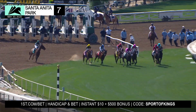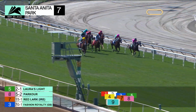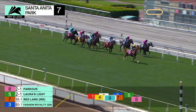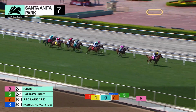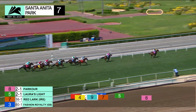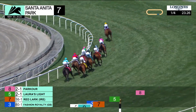So I'm going to pass on Cece in here, and I'm similarly going to pass on the number 6 horse, Laura's Light, but I'm passing on her for a different reason. Laura's Light was a very good horse in the early part of her 3-year-old campaign up until the Del Mar Oaks on the grass, and that's why I'm going to be passing her, because I feel like she's a grass horse. She ran some very good races as a 3-year-old on the turf, Honeymoon, San Clemente, Sweet Life Stakes, all those graded stakes on the turf for 3-year-old fillies in California,